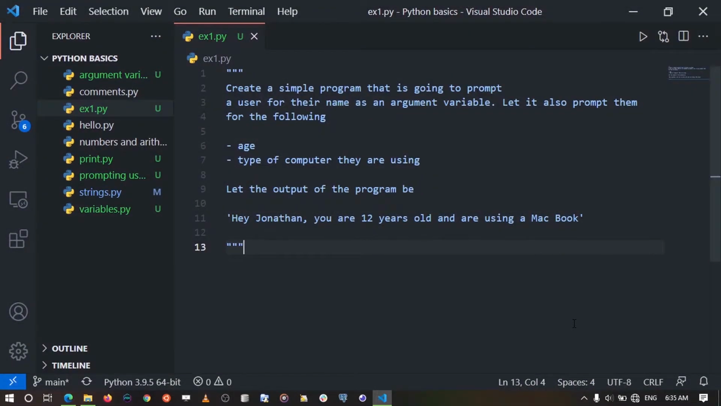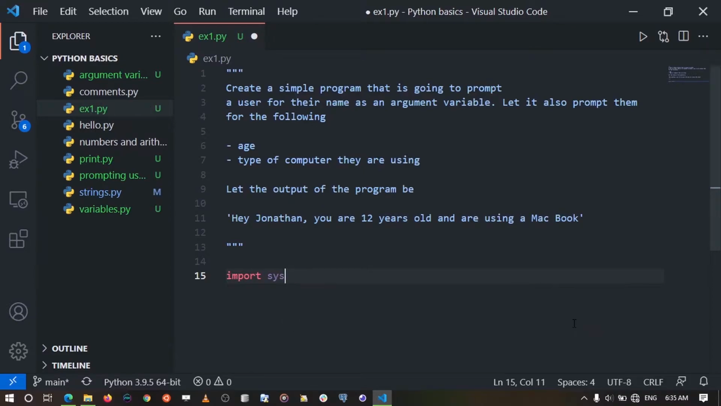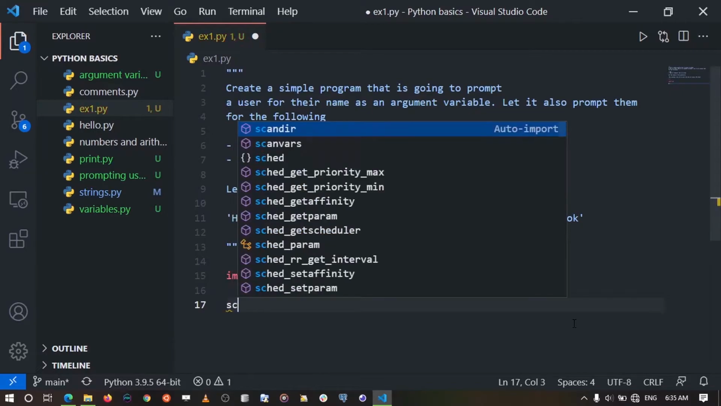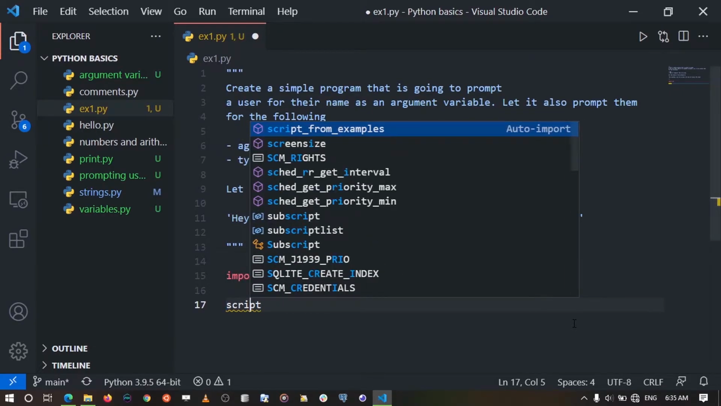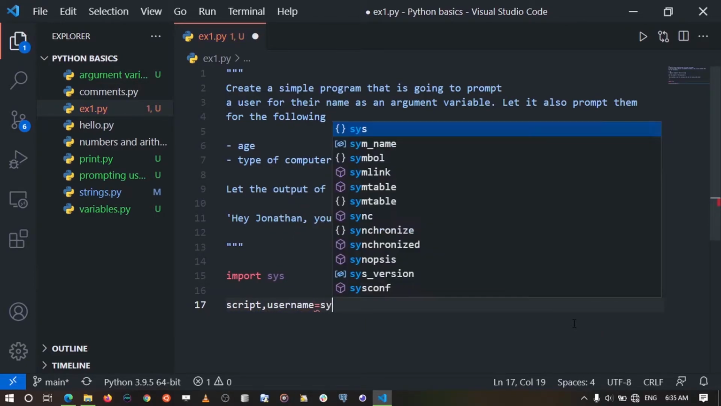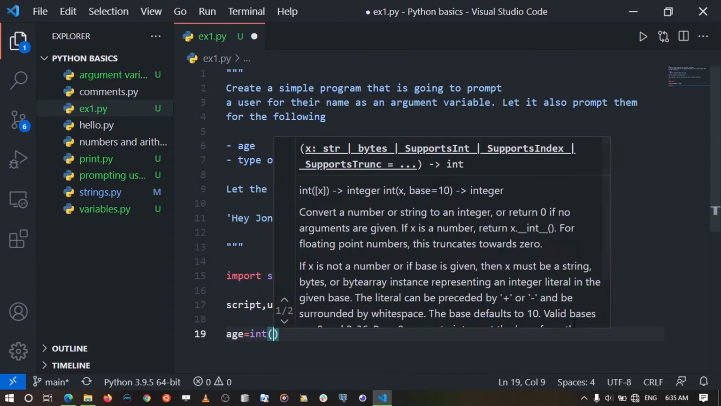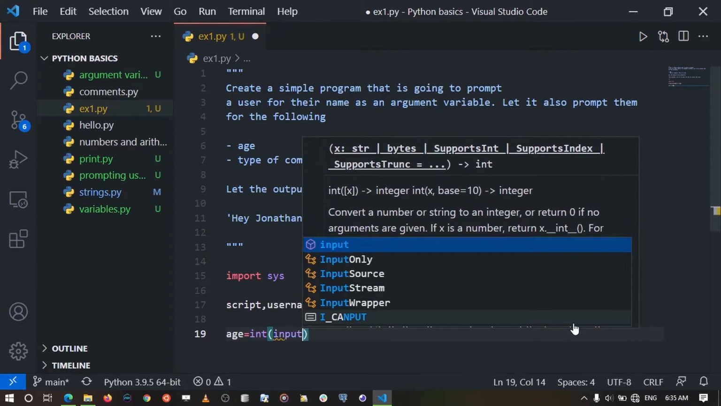Okay, hoping that you've tried it. Let me also try working on that exercise. So I'm going to import sys and I'm going to specify the name of the user. So I'm going to say script, which is the name of our Python script, and the username is going to be equal to sys.argv. And then I'm going to prompt for the age. So I'm going to say age is going to be equal to, sorry, it's going to be an integer, and we're going to prompt for the age by saying